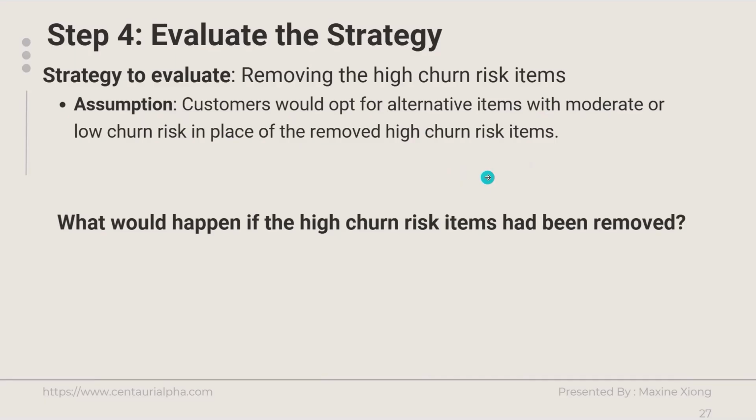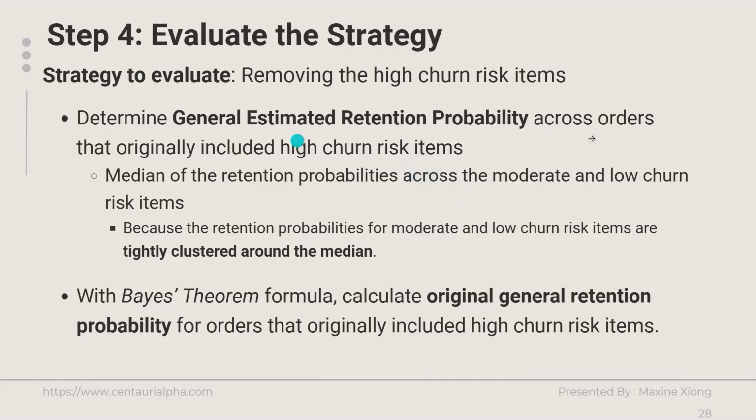This is our assumption. We first determined the general estimated retention probability across the orders that originally included high churn risk items after those items are removed, which is the median of the retention probabilities across the moderate and low churn risk items. This is because, according to the distribution of these retention probabilities, they are tightly clustered around